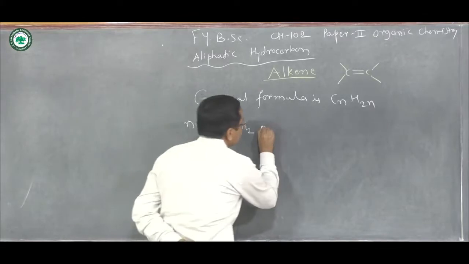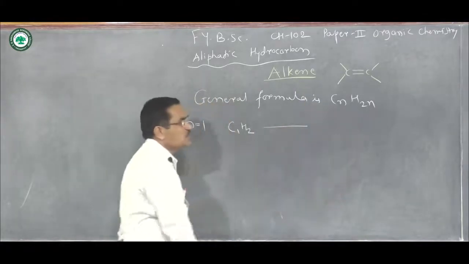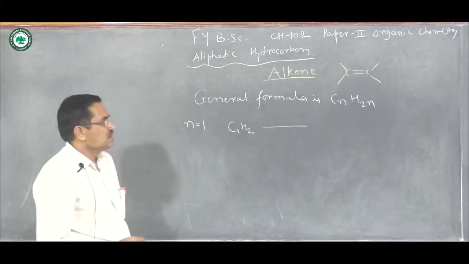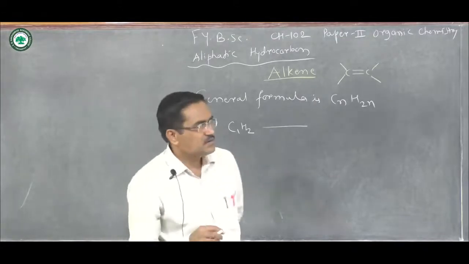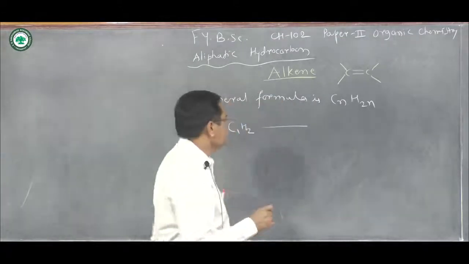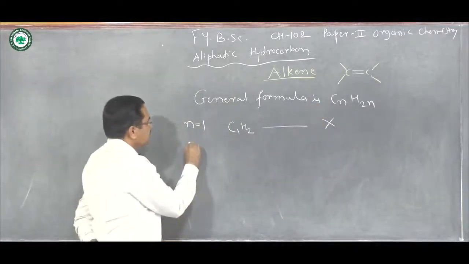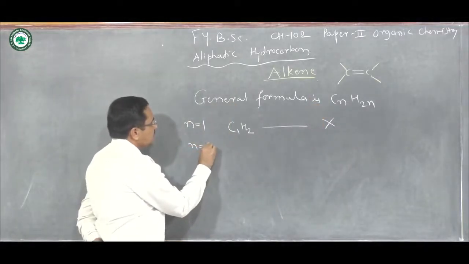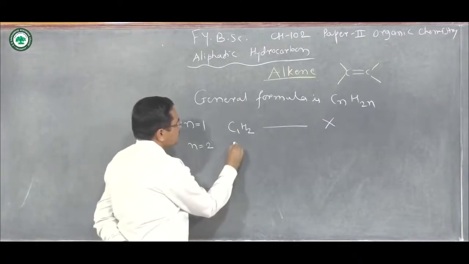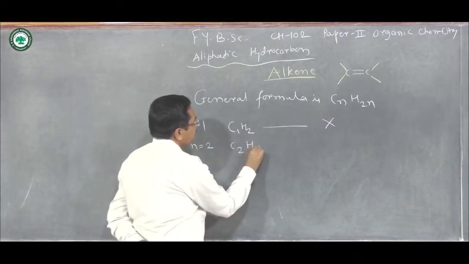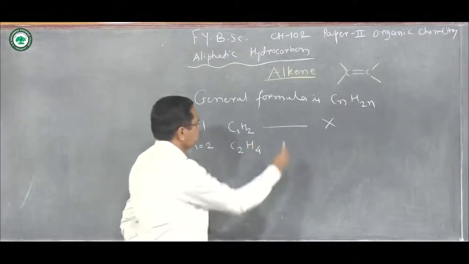But here it is not possible to form the alkene first member, so it is discarded. Then n equals to 2, then C2H4,